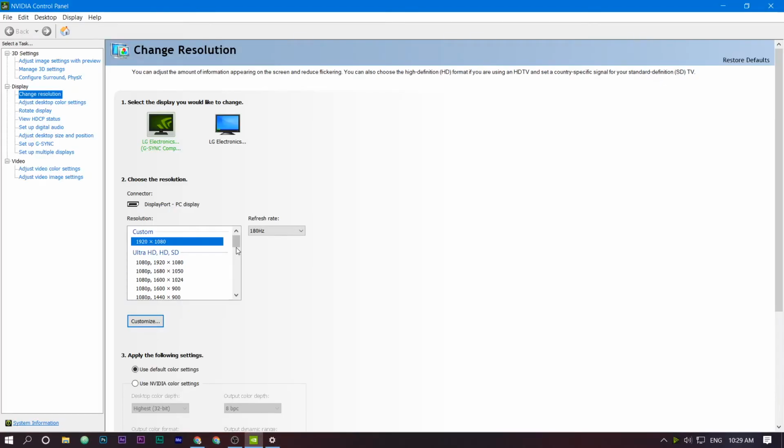Now I hope you learned how to overclock, and that looked very easy, right? So in case you have a 60 Hz monitor and you really cannot afford a 144 Hz monitor, overclocking it to 75 or 80 Hz can really help, and you immediately see the difference. So I recommend doing this. There are no risks involved. As I said, do not push it more than 40 Hz above the native refresh rate. In my case, 144 Hz plus 40 is 184, so 180 Hz would be perfect for me.